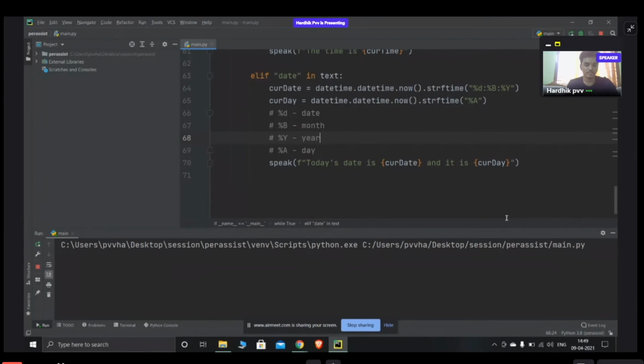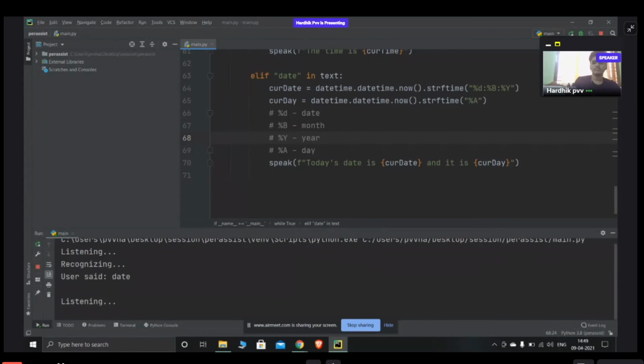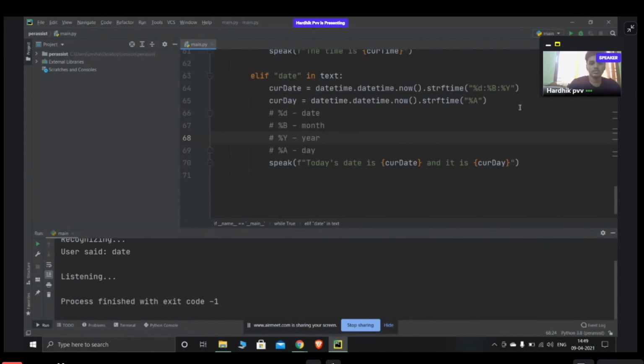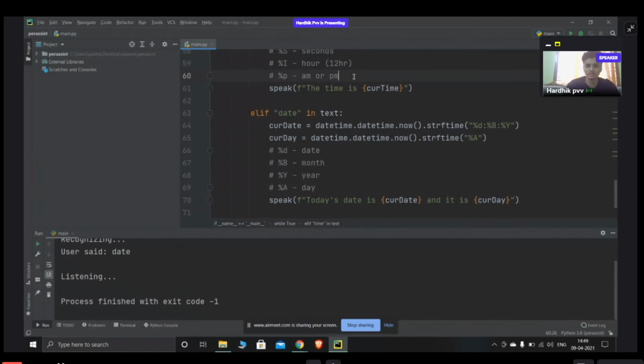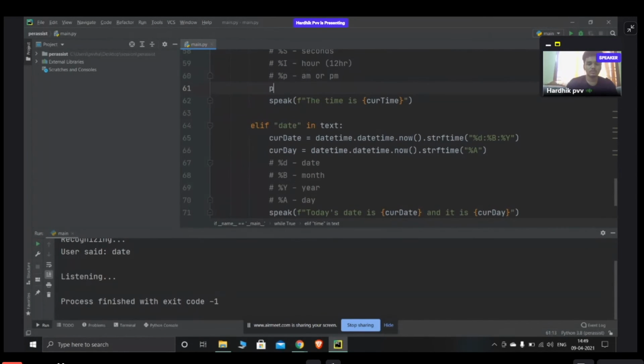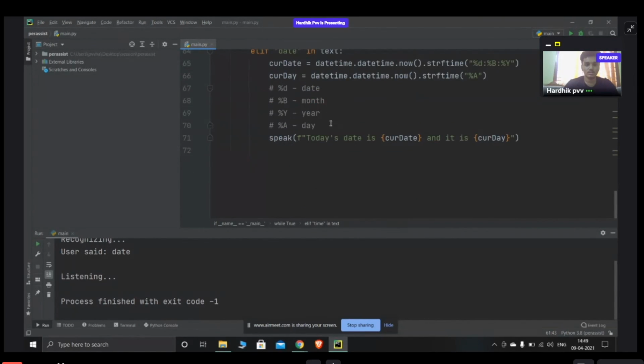Good afternoon. Date. Today's date is 09 April 2021 and it is Friday. So if you want to see what it's speaking, you can do this with print. I'll just copy this string and paste it here. Similarly print.